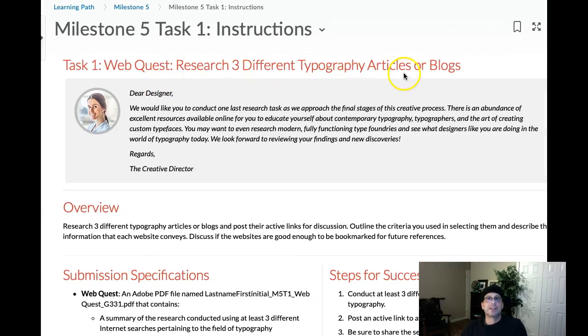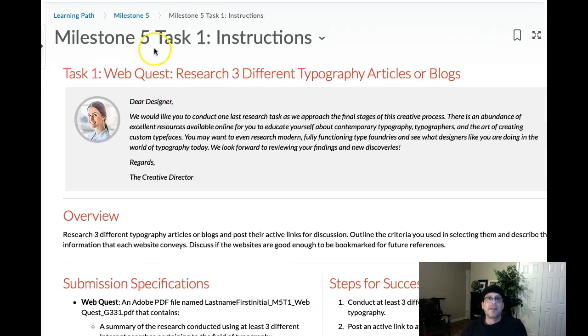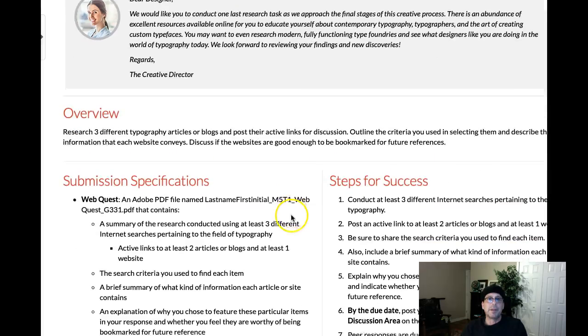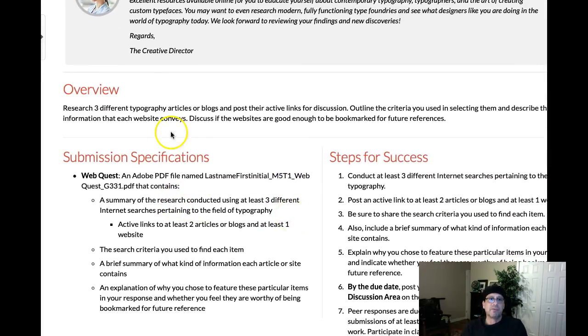Research 3 different typography articles or blogs. This is our final research task of the course, guys. And this is a research task. So what you're going to do is research 3 different typography articles or blogs and post their active links for discussion. Outline the criteria you use in selecting them. Describe the information that each website conveys, and discuss if the website is good enough to be bookmarked for future references. You're just going to find 3 sources and really